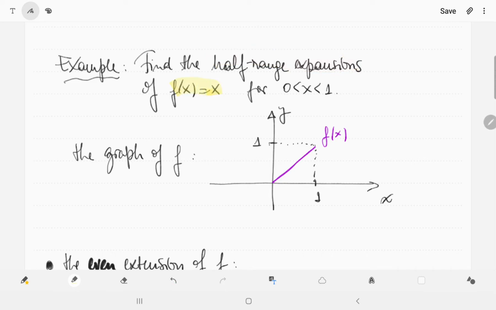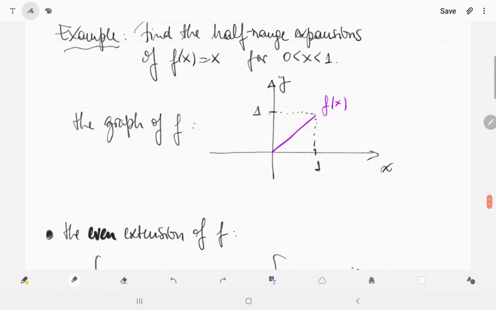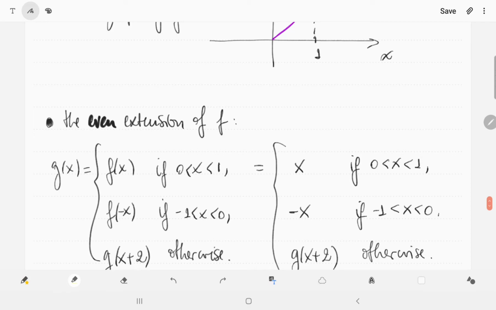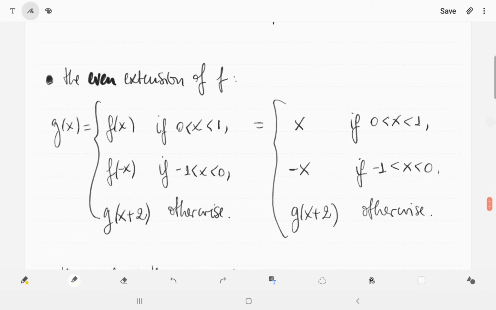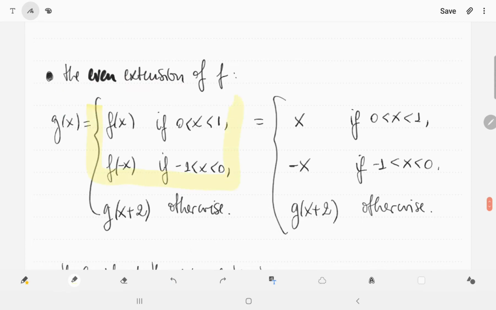So, given an f in this half interval (0, 1), we can extend this f to (-1, 0) at least in these two ways, in an even way and in an odd way. So let's start with the even. This is the graph of f, just the identity here. For the even extension, this is the definition that we just gave a couple of minutes ago, where this part makes the function even and this part makes the function 2-periodic,